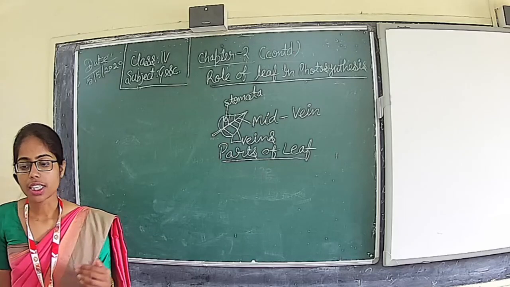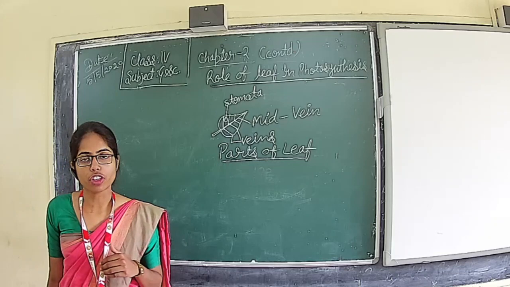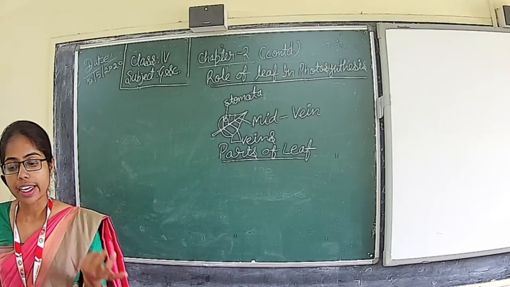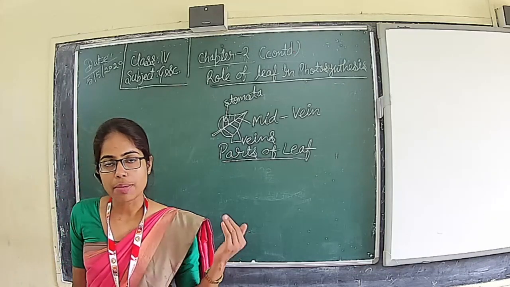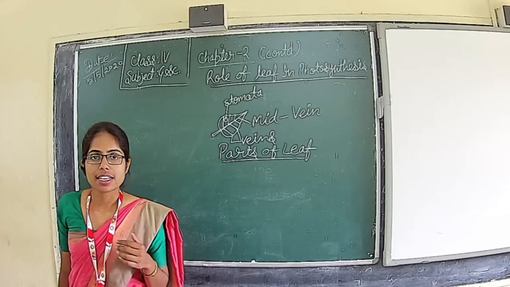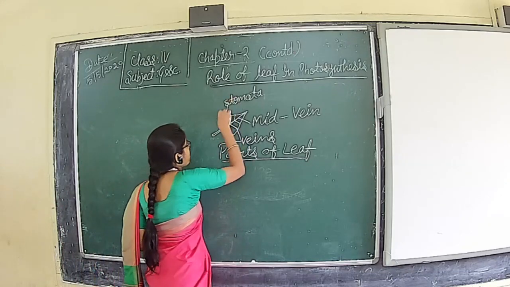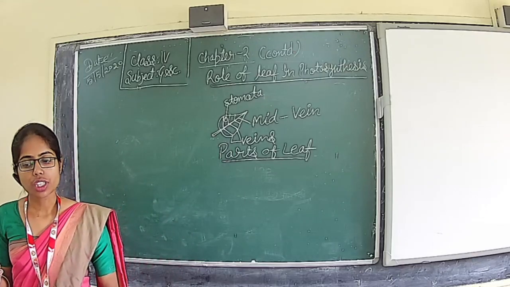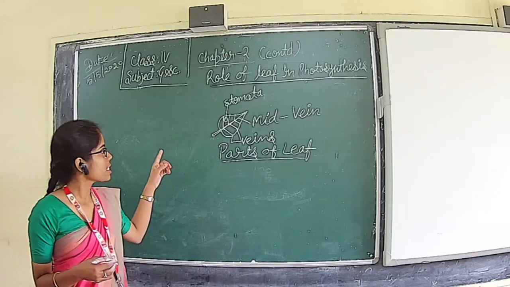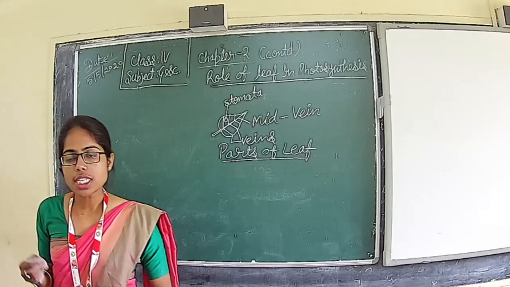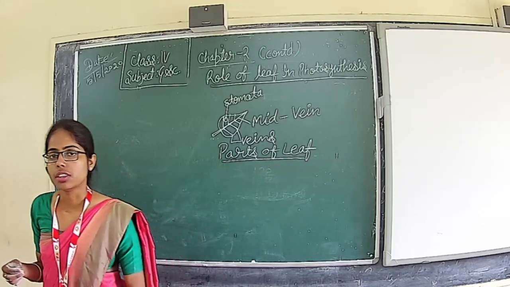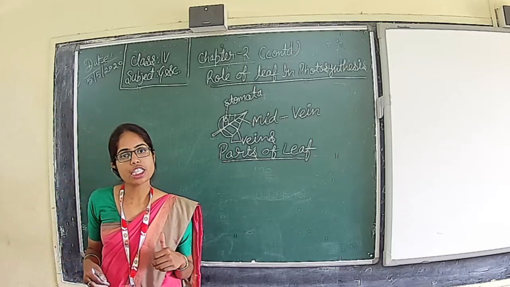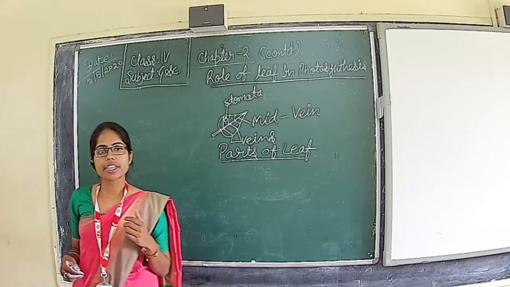The carbon dioxide needed for photosynthesis, from where do they get it? They get the carbon dioxide from the air, and this enters the leaf through the stomata, which is usually present on the lower surface of the leaf. The roots absorb water and nutrients from the soil and transport water to the leaf.